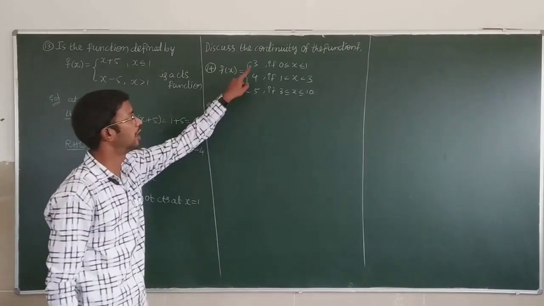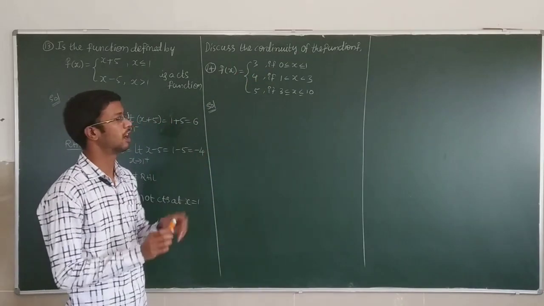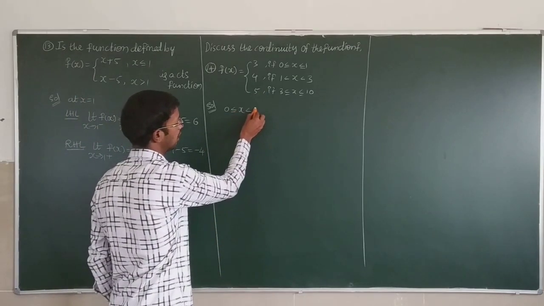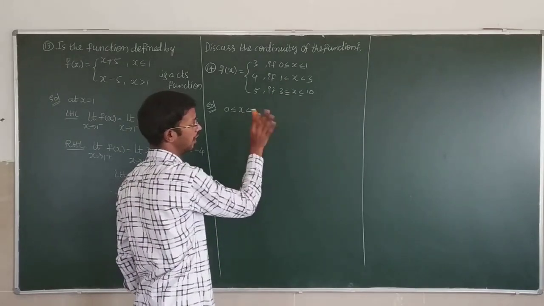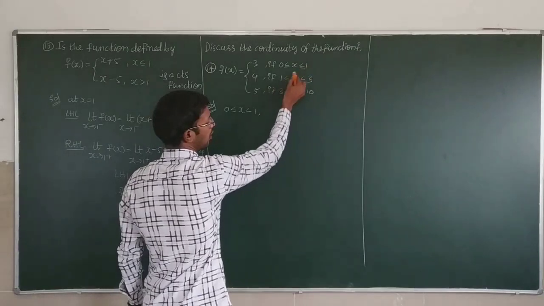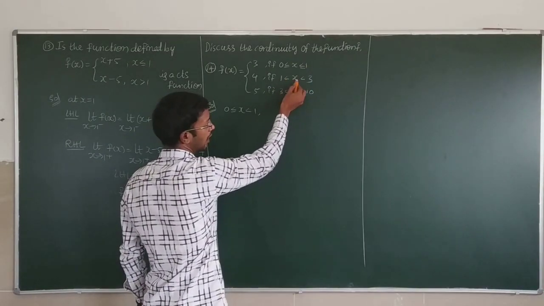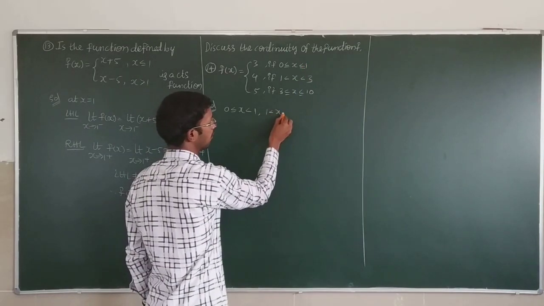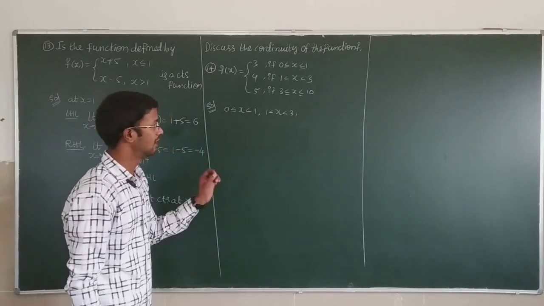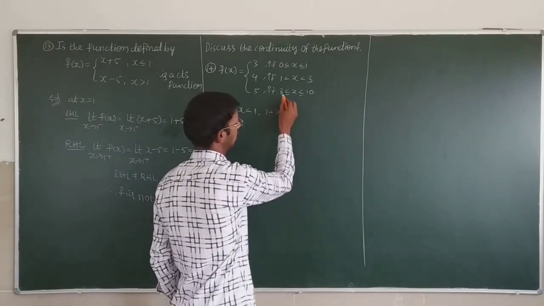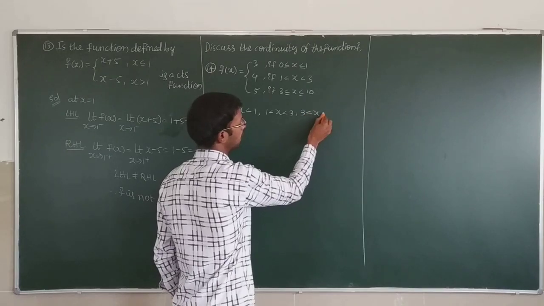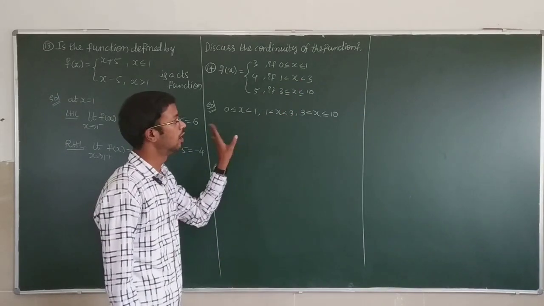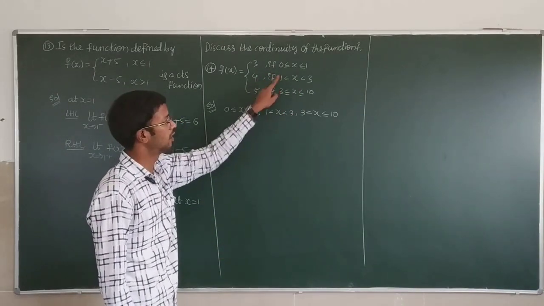Discuss the continuity of the function. Now you see here, 0 is less than or equal to x is less than 1. Only just less than, don't take the equal. Why? Because here you observe greater than or equal to is there. So you have to write just 1 is less than x less than 3. Next, where equal is there, don't take equal. Which numbers are repeated? 1 is repeated, 3 is repeated, so don't write equal there. Non-repeated numbers with equal, that you can write.